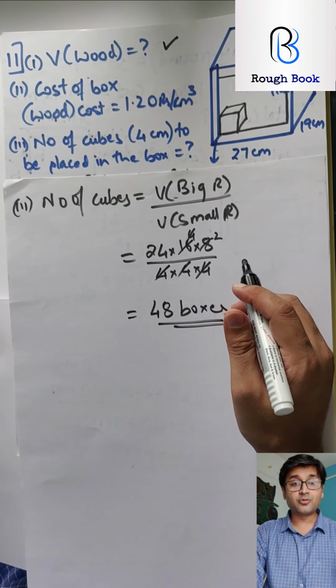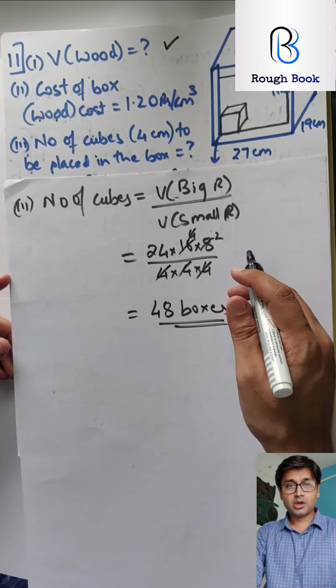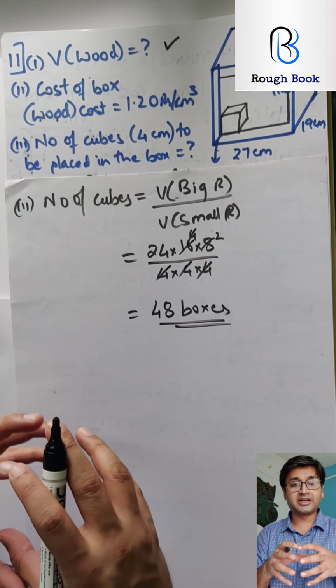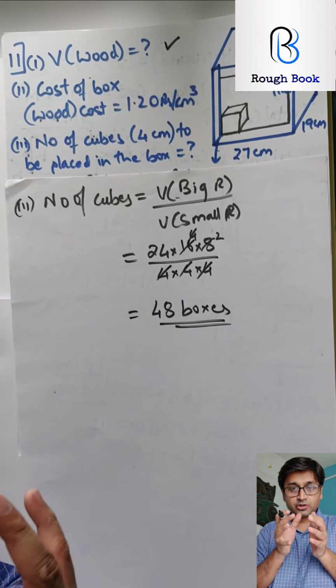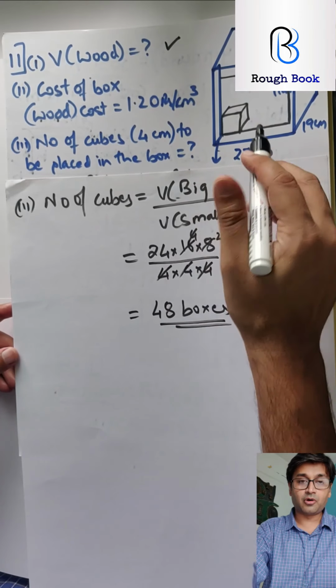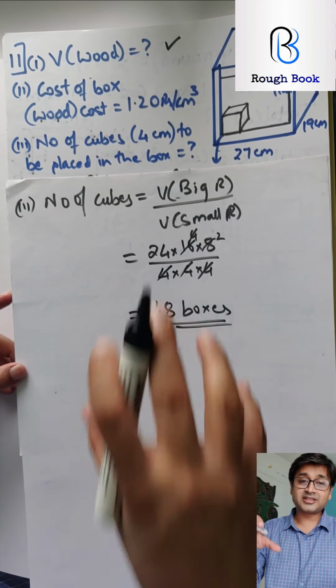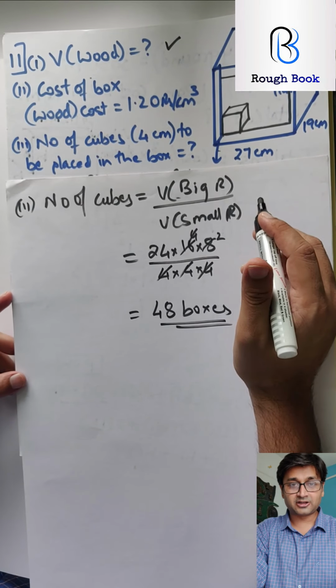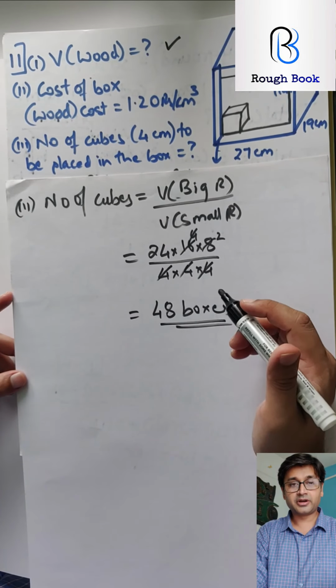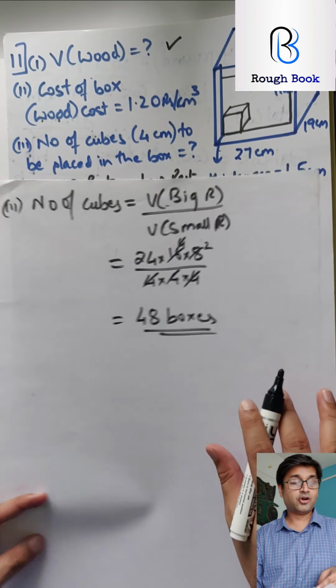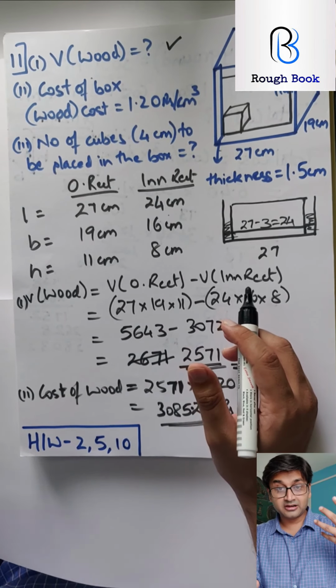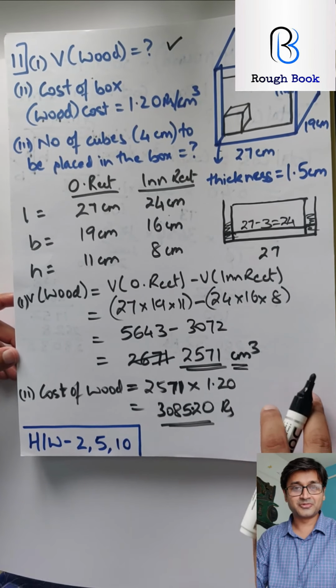Are you getting it? This is how basically the companies work. When they are packaging something, they pack it in such a way so that those smaller boxes fit in bigger boxes perfectly and there is no space left empty. So maximum number of boxes can be packed together and shipped. Alright, so that's a technique. I hope you are getting it. So basically we are learning how to become businessmen over here, isn't it?